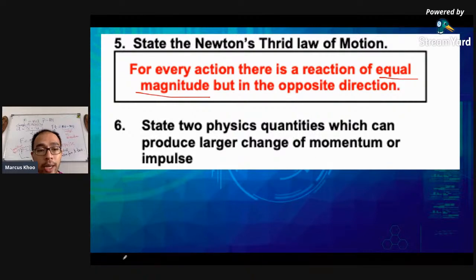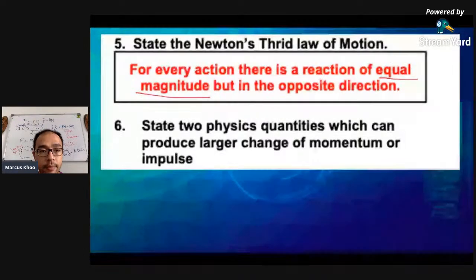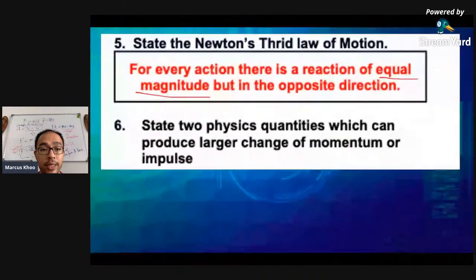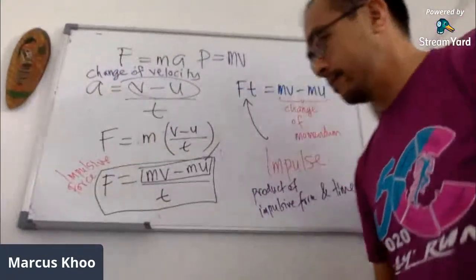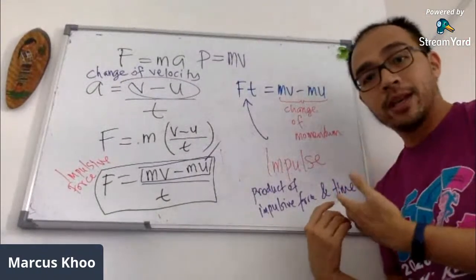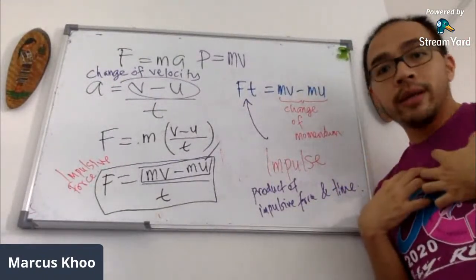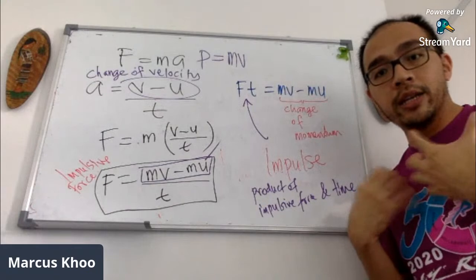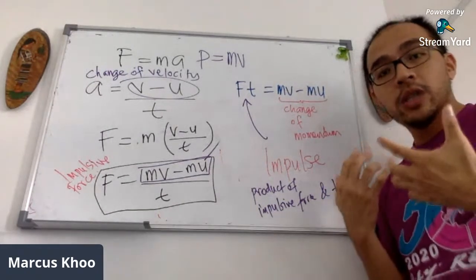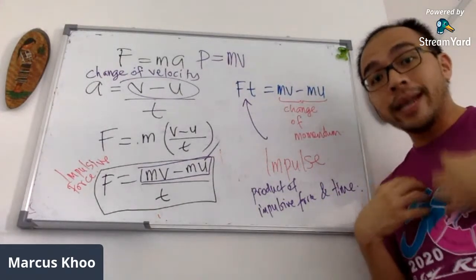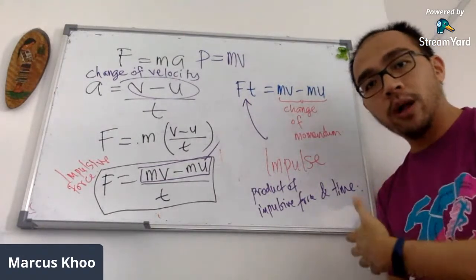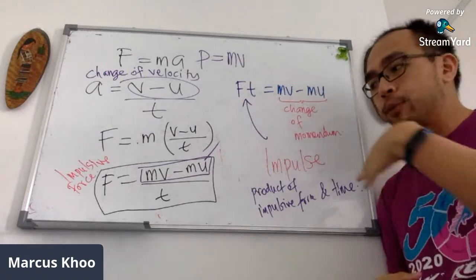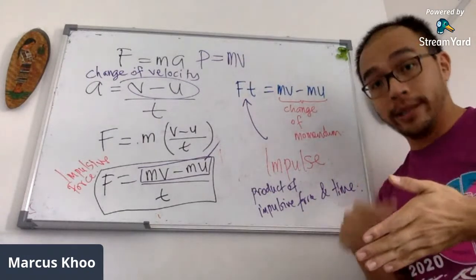The best way that you can demonstrate this is by leaning on the wall. Let's say for example, I'm leaning on this wall like this. So my body weight, let's say for example, is about 80 kilograms, so it's about 800 newtons. So I am putting an action on the wall. So the force that I'm putting on the wall is 800 newtons.